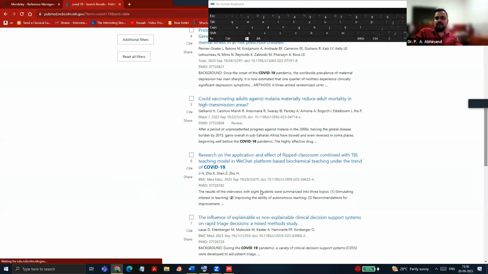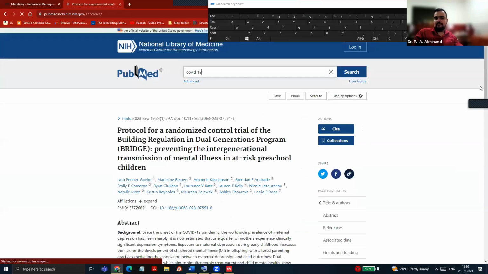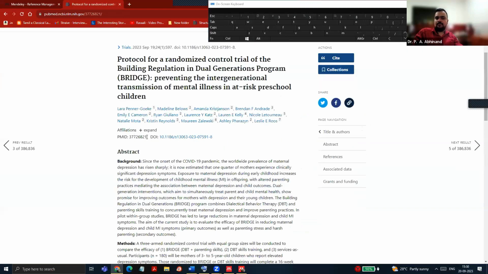Very, very easy. So all papers in the PubMed will have something called the PM ID or the PubMed ID. Copy that PubMed ID. So here the PubMed ID is 377268221. Copy that, and you go to your Mendeley and add new. There is an option called add entry manually.